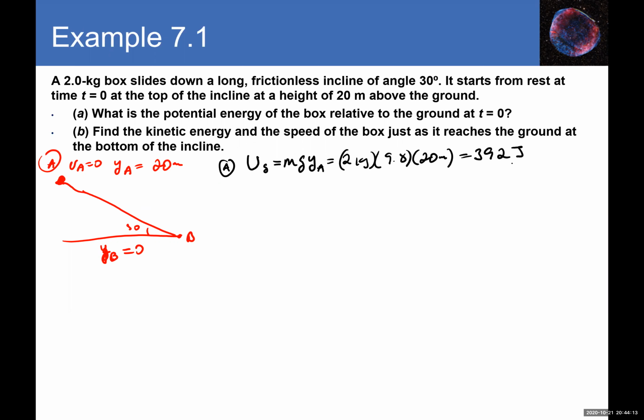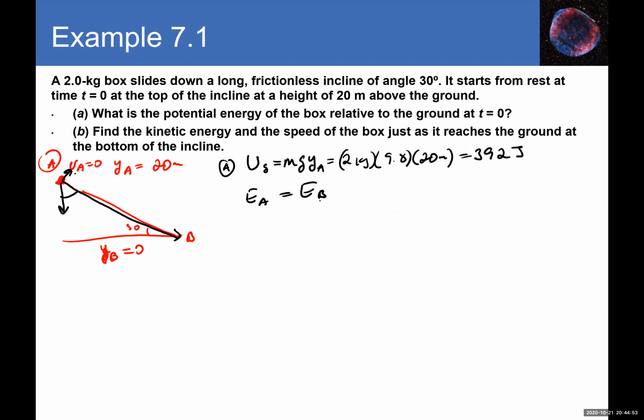Part B says, find the kinetic energy and the speed of the box just as it reaches the ground at the bottom of the incline. Basically, it reaches point B. Now, one thing I have here is this. The work done on this box as it goes from A to B is basically due to gravity. There's also a normal force, but it does not do any work because it's perpendicular to displacement, right? But gravity does work. But then I know that when gravity is doing work, the mechanical energy at point A is equal to the mechanical energy at point B,